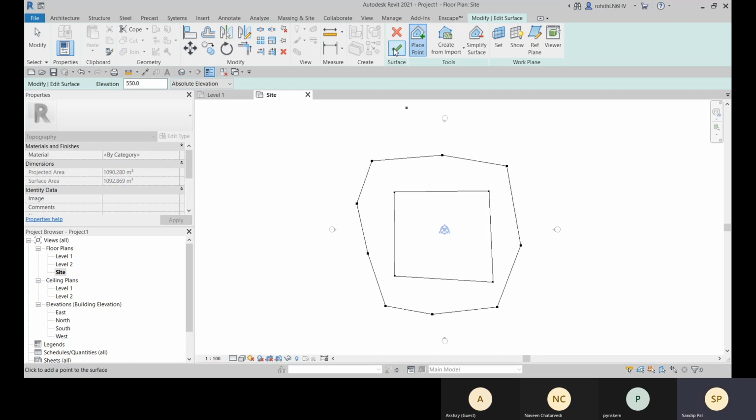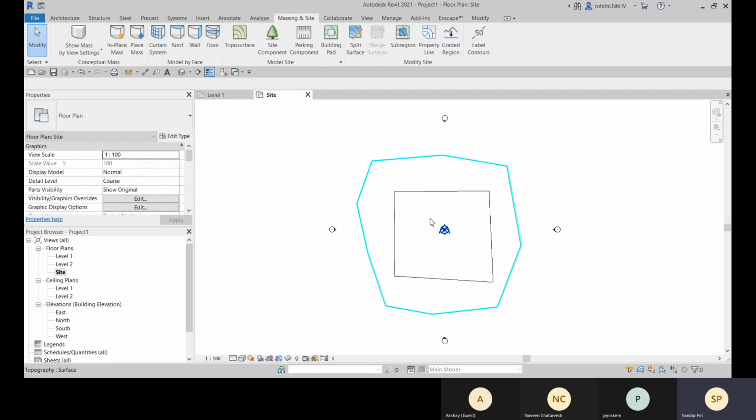Right, like this. And then let me go for finish. And this one is created.